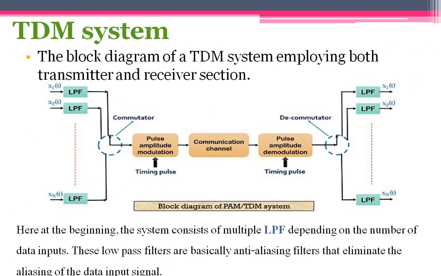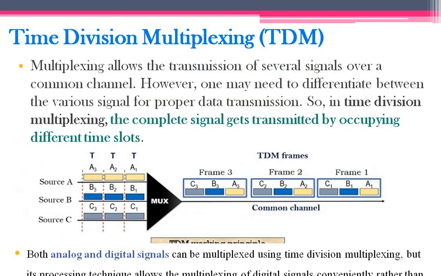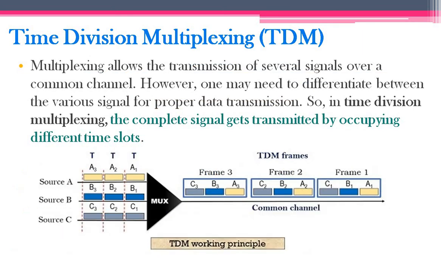In case you are having any doubts, please do let me know. This was the last topic of your third unit, the third chapter of your analog communication. It's a very simple and very important chapter. You have the sampling theorem, types of sampling: ideal, natural and flat top sampling. Then the pulse modulation schemes: pulse amplitude modulation, pulse width modulation and pulse position modulation. Then you have seen the comparison of these three, and the last topic was time division multiplexing.